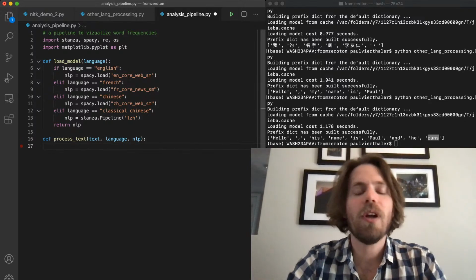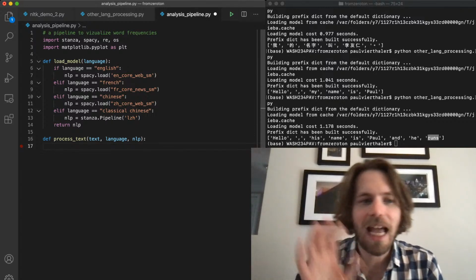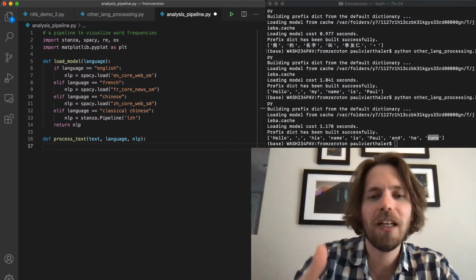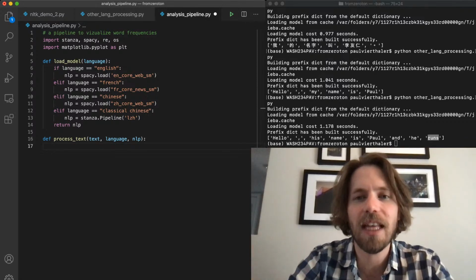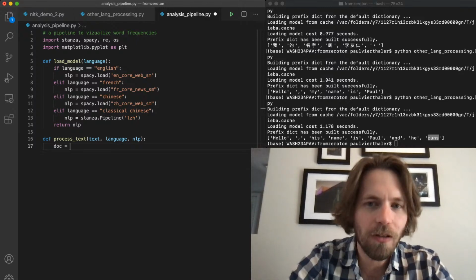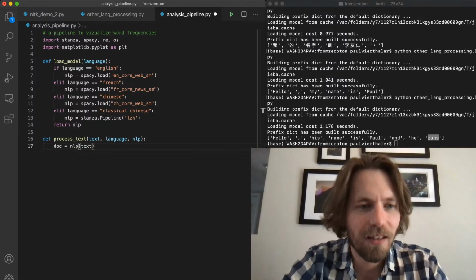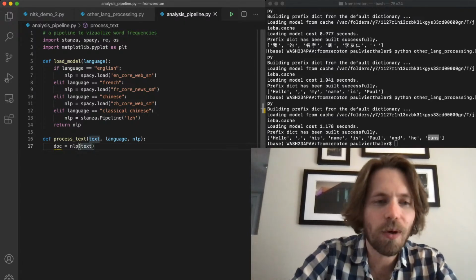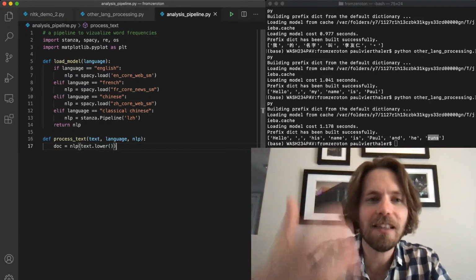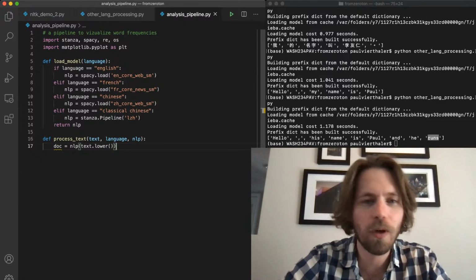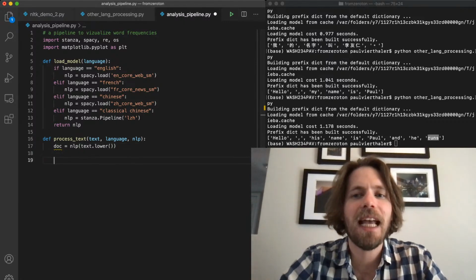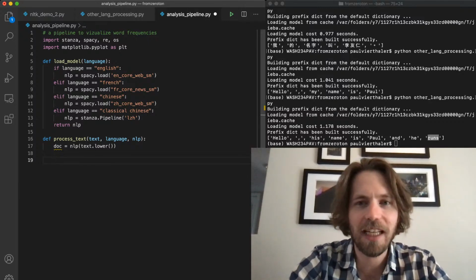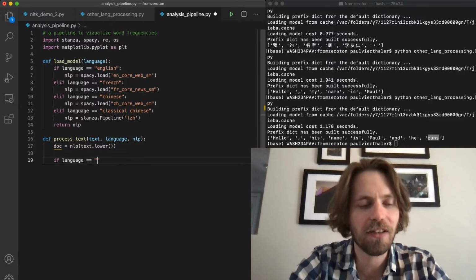So I want all of my text cleaning and processing to happen inside this function. And so here's where I'm going to handle it differently depending on the language that it is. Well, first I want to get my document, and I'm going to get it with NLP of text. But if I want everything lowercase, I can go ahead and make it lowercase right here. Right? I want this processing to happen inside this function, so I'm going to do that. And then I'm going to have an easy if-else statement to deal with the language. So here I'm going to say if language is classical Chinese,